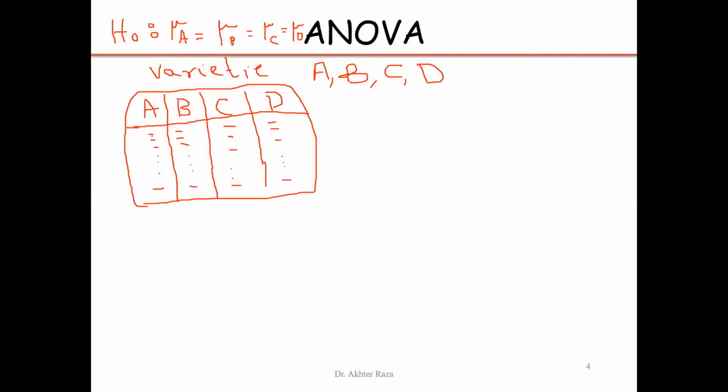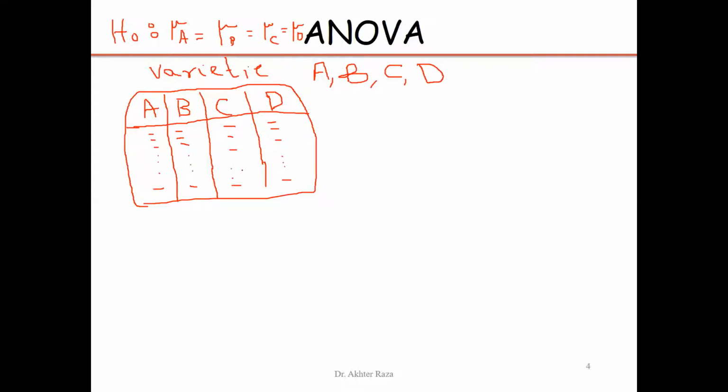These are the effects of variety A. So it may vary. If variety D is really very good, it will give us a better output as compared to the other 3 varieties. There is a possibility that variety D will not be good, and variety C may have a good output. So we cannot say anything right now, but the assumption in the null hypothesis is what? All the 4 varieties have equal average output. This is the null hypothesis, with the alternate hypothesis that at least 2 varieties have unequal average output.